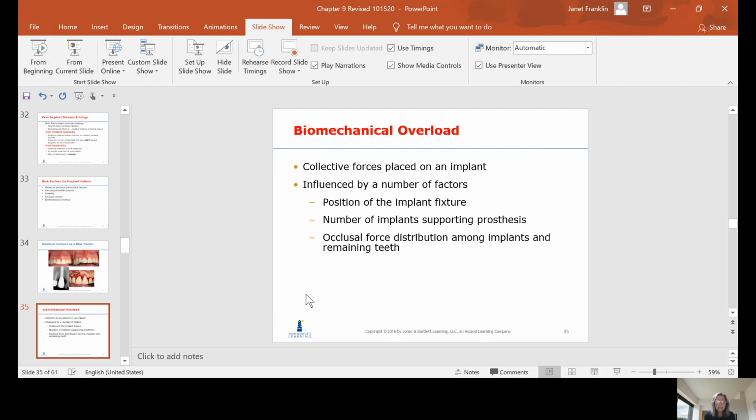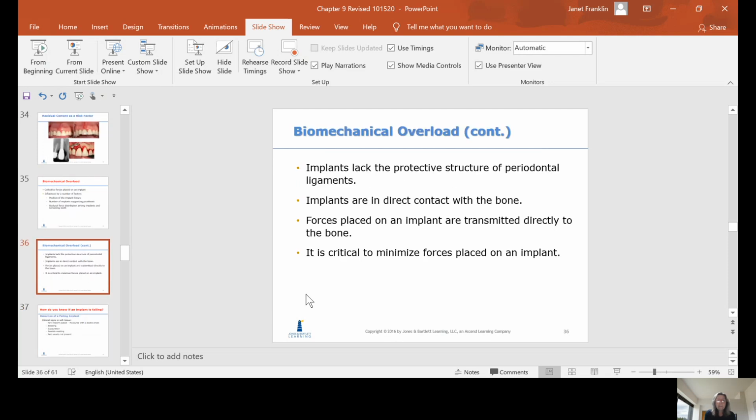The occlusal force has to be distributed evenly among the remaining teeth. So you need to place enough implants so that the occlusal force is not too hard on any single implant. Implants lack the protective structure of periodontal ligaments. Implants are in direct contact with the bone. Forces placed on an implant are transmitted directly to the bone, so it is critical to minimize forces placed on